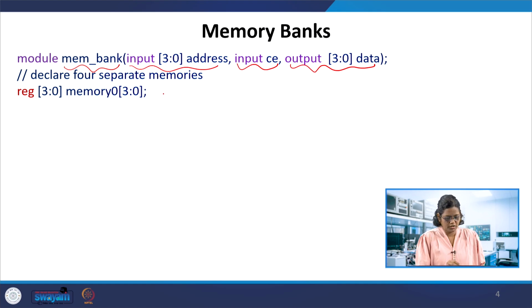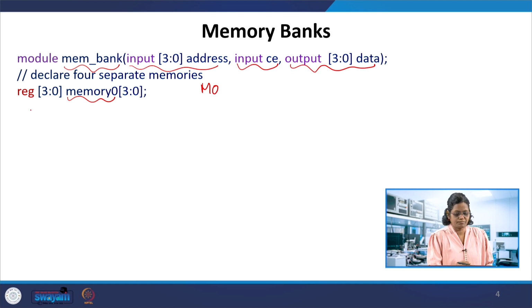And then reg. Here you can notice we declare 4 separate memories. In this case, the first we call M0, that is memory 0. You can see the reg declaration; it is going to be used inside the always block. So we use that reg, with square brackets 0 to 3. So far we have been defining multi-bit vectors, right? If you put 0 to 3 in front of the memory name, that means it is 4 bits.